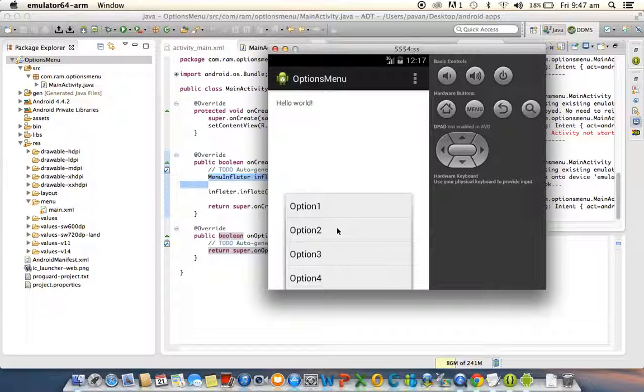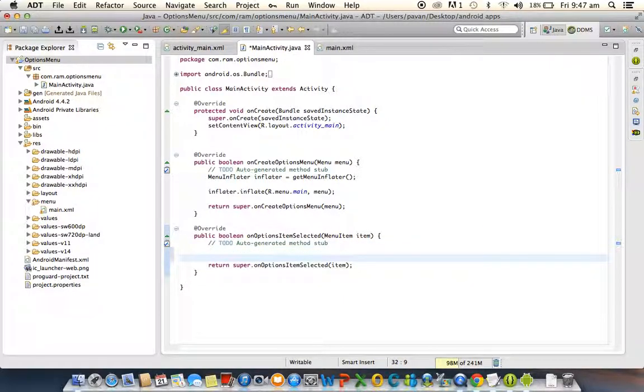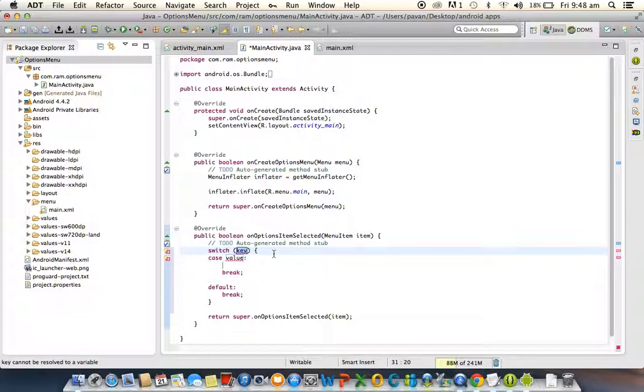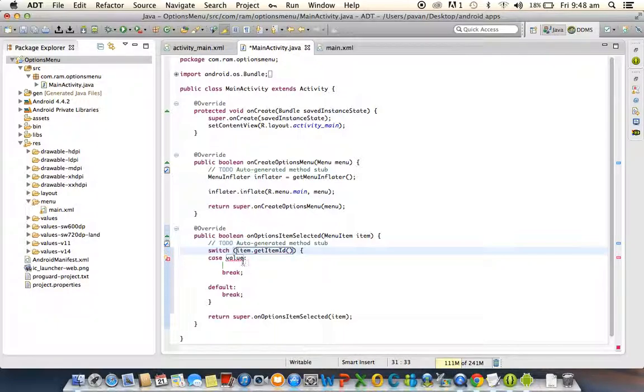Next we need to listen action for these items. You'll see no action here. For that purpose only we are using the method called onOptionsItemSelected method. We have four items, so we need to write four blocks for these four items to listen action. For that purpose I am using a switch case. Whenever you are working with the multiple buttons, we are using the view class object there. So in that place we are using the MenuItem class. So this MenuItem class can access all the items from the menu. So that MenuItem class object is item dot we have a method getItemId. So this getItemId method will return the selected option, that means the selected item id.